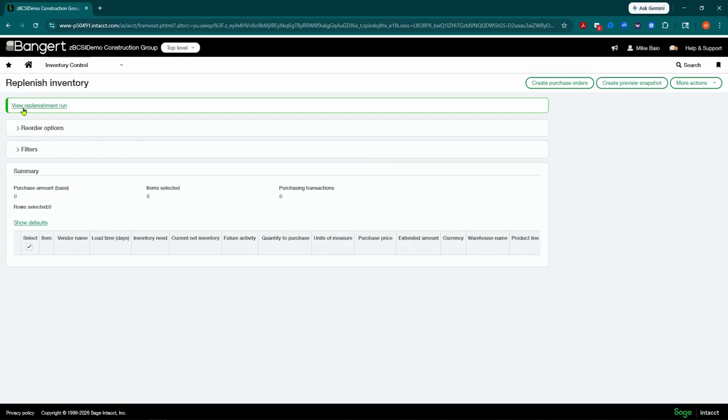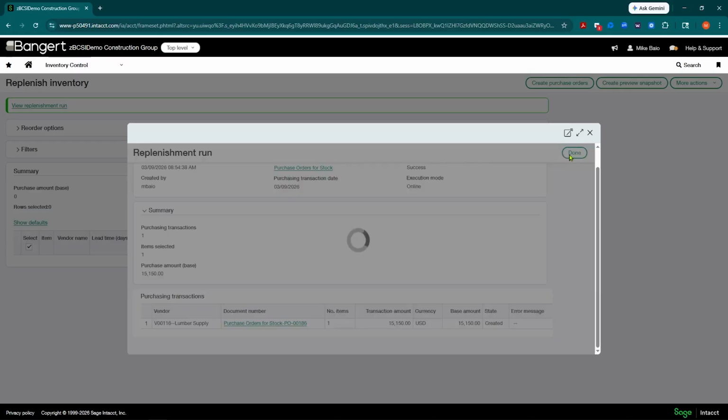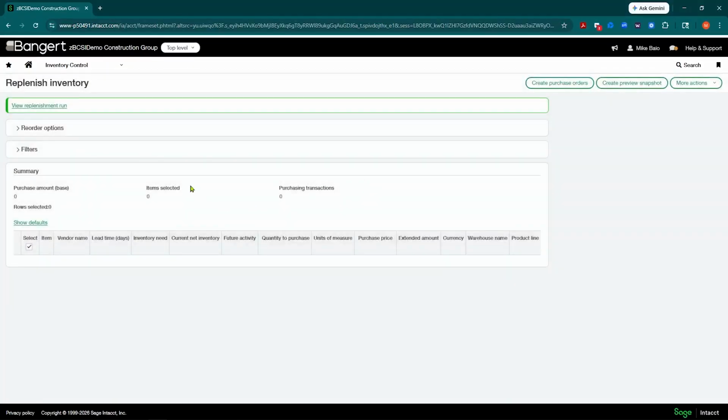You can get a view here of the replenishment run that just happened. And this would give you a recap of all of the POs that were created. And you notice right here, it lists the PO that was just generated, and there might be multiple here. I don't know if you heard it on my email, but I just got triggered for an email. And so what I did as well is I set up a smart event that said, whenever I do a replenishment inventory run, generate an email to the manager of that inventory that says, hey, there's a new PO created. So what I'll do is I'll open it up.